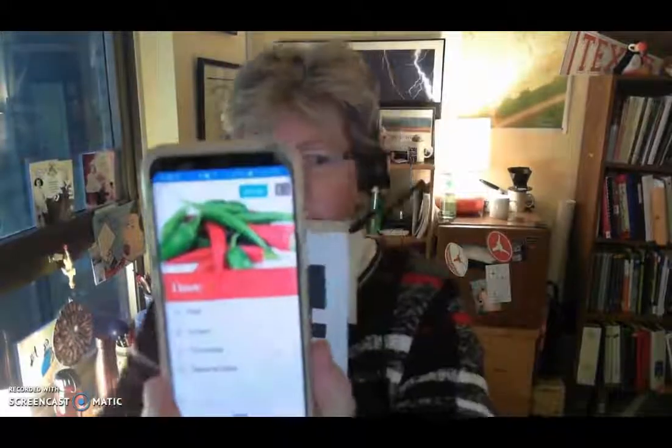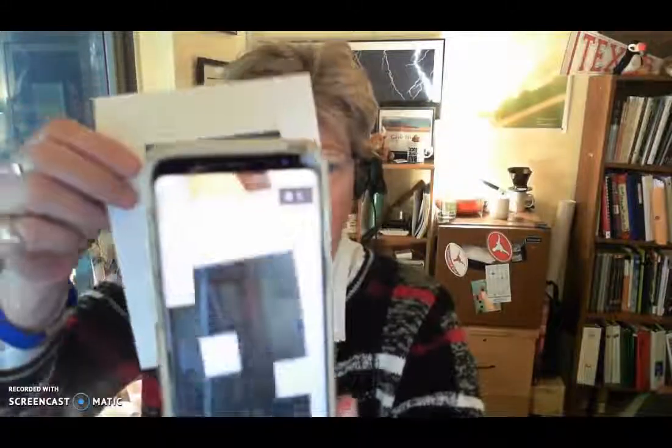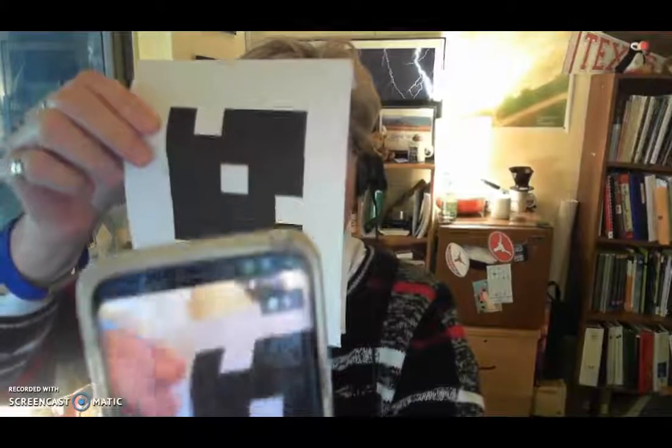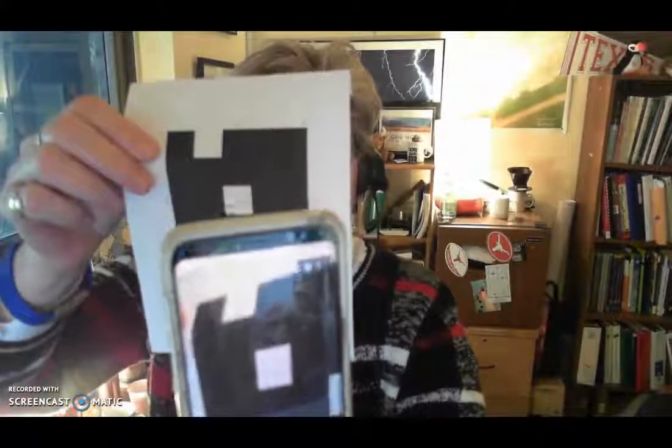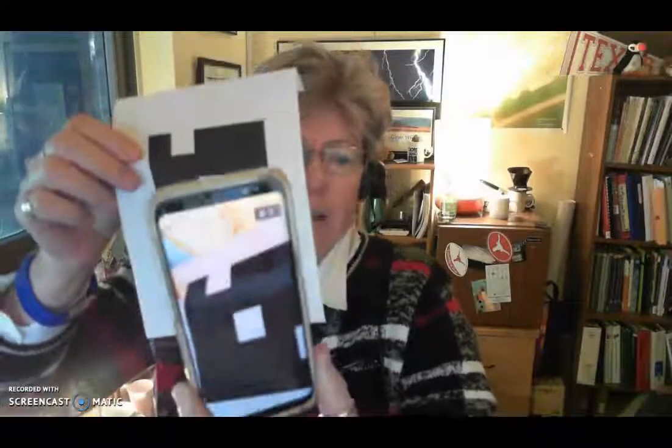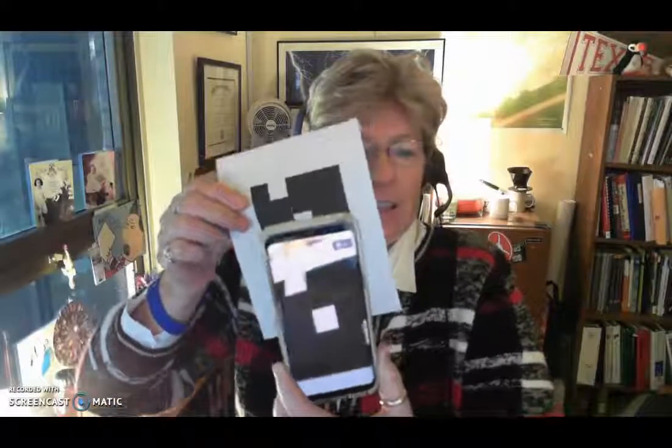Okay, hold on. Okay, so as a teacher, I'm going to click the button. There we go. It's now recording. So if I hold this up, if I hold it correctly, the student is holding up their sign. And once the camera picks up what the student is holding up as their answer, and this is terrible because we can't really see it,